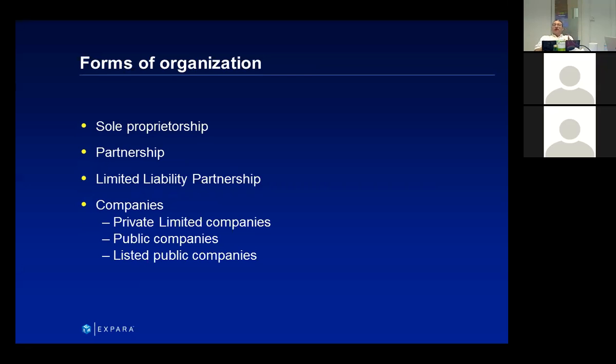Okay, this can vary from country to country, so we have to adjust based on that. But the general case is a company is a legal person. A business is not. I'm not that familiar with Vietnam law, so I don't know if that's the case here. But in Singapore, the US, the EU, or any other jurisdiction that I've been involved in, a company is a legal person. A business is not.